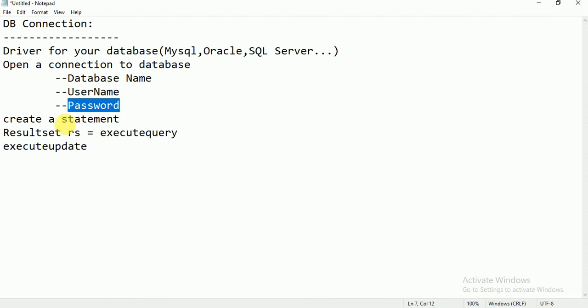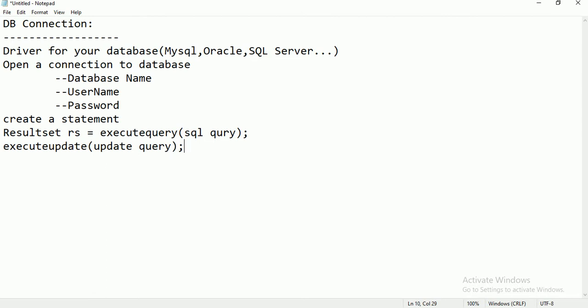Next, in order to execute the query, you need to create a statement, and then execute the query. You need to pass here your SQL query. Here you need to pass your update query.